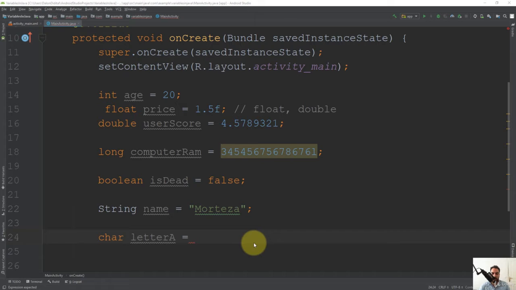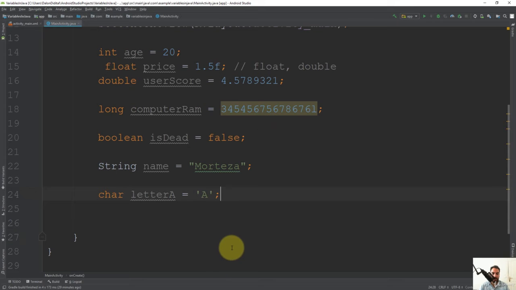In order to create a character literal, instead of double quotes, we put single quotes. Inside the single quotes, we are allowed to put only one character. So I'm going to put A and a semicolon at the end of my statement. Now we have a variable and its data type is char. The name is letterA, and we have this character literal that is going to be the letter A inside